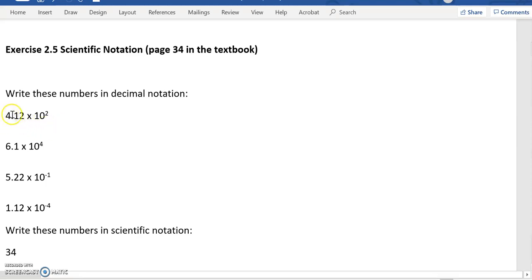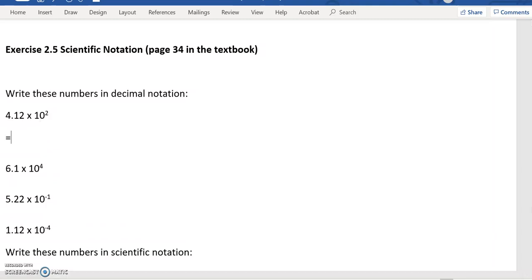So in this first question, 4.12 by 10 to the 2, 10 to the 2 is 100, so 4.12 by 100 is going to equal 412. And we can just double check this and see, have we moved the decimal place 2 spaces, just like that. We have 1, 2. The next one,